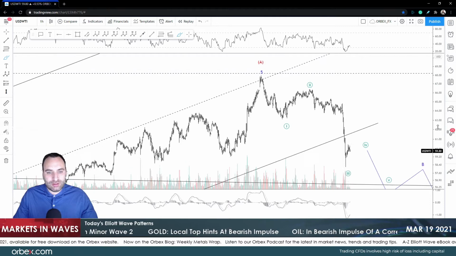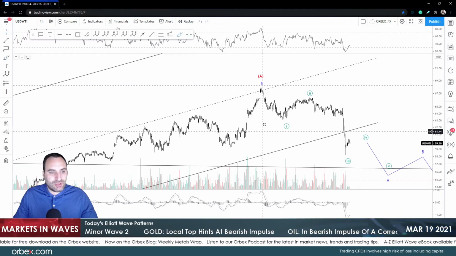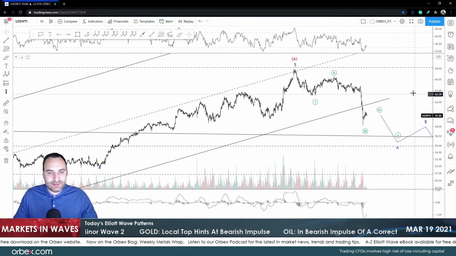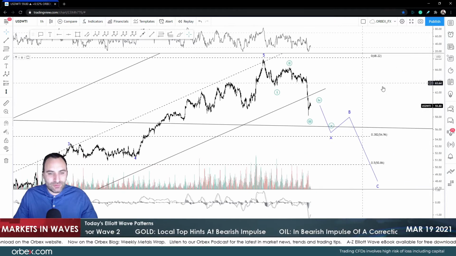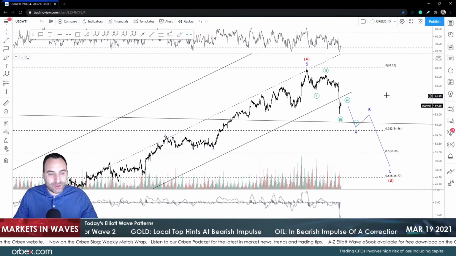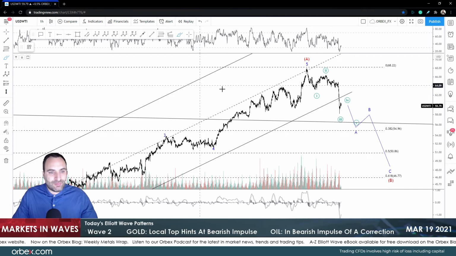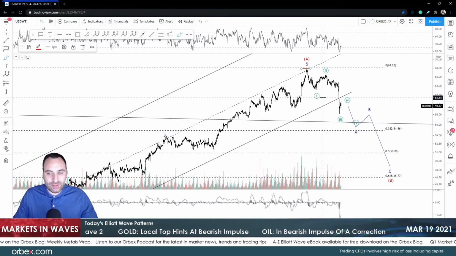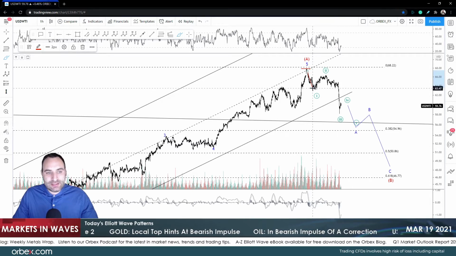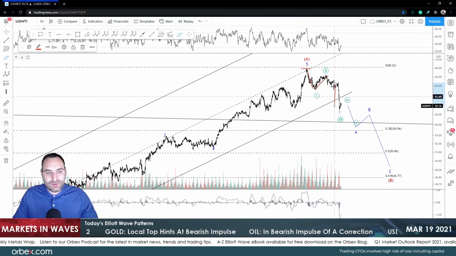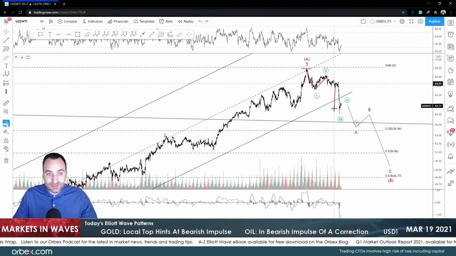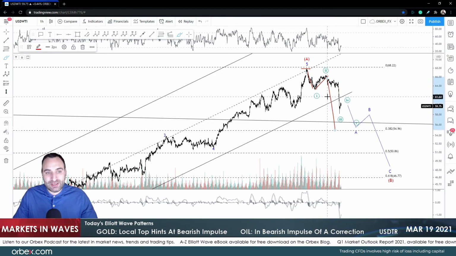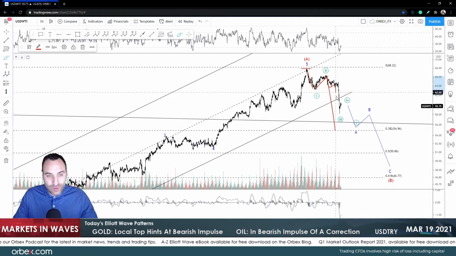Now on the oil market, finally, we started seeing a respected bearish move over here, which in my opinion is going to be a correction. You know how long I've been waiting for this correction. We got it at 68, way higher than what I expected in the beginning. In either case, this is wave 1 and 2, and obviously this impulse indicates to me that this is wave 3. It's not just wave 3, but it's wave 3 of the wave 3.